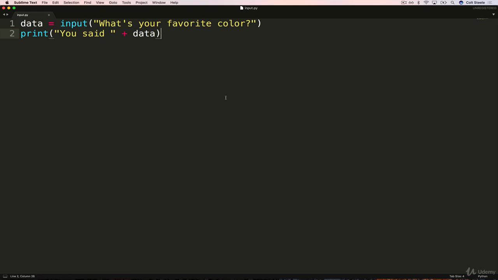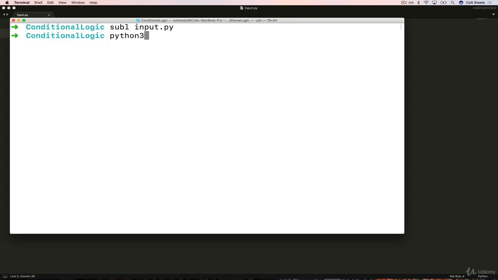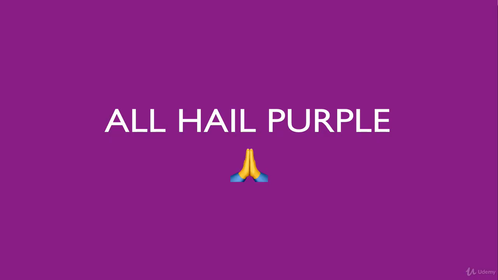So let's try running it now. Here we go. So we'll run Python 3 input.py. What's your favorite color? Well, if you've been following my other courses, my favorite color is purple, but if you